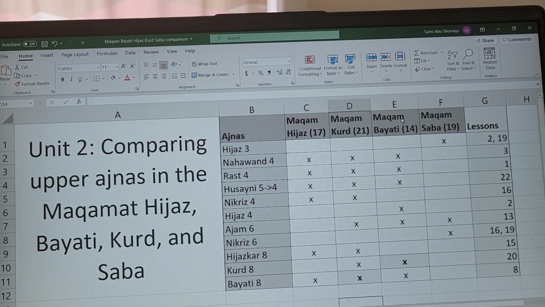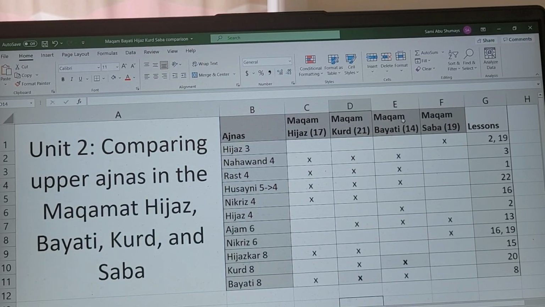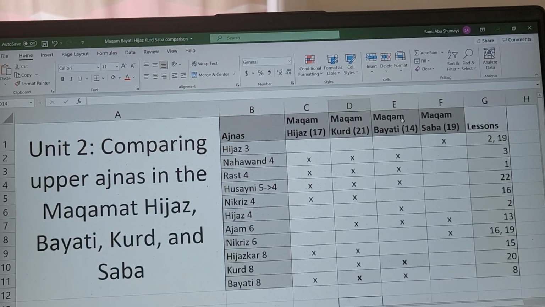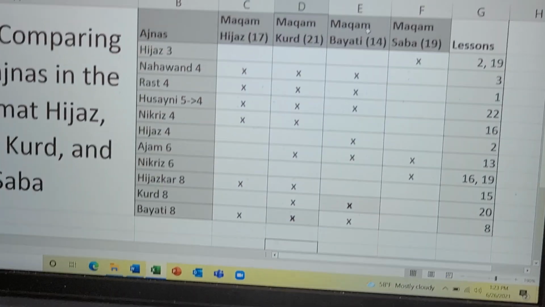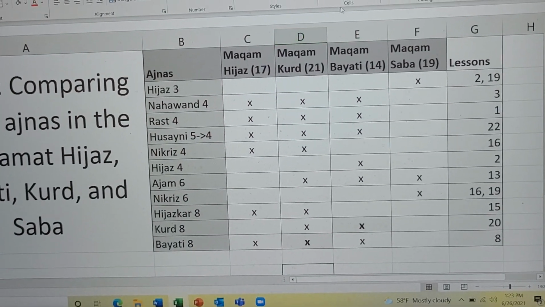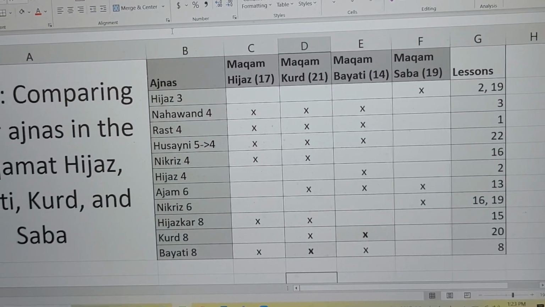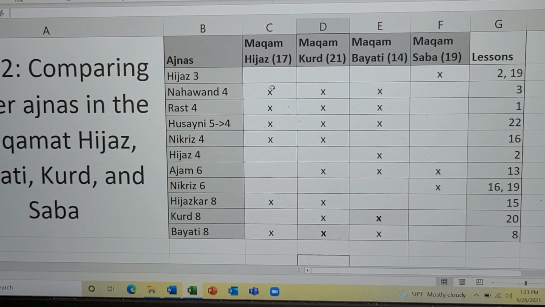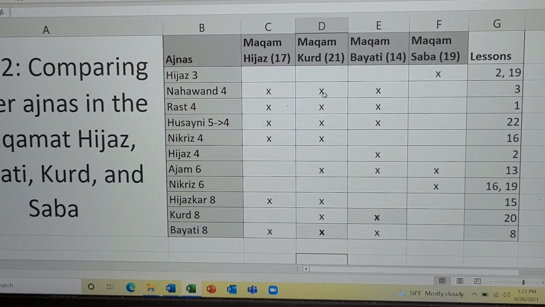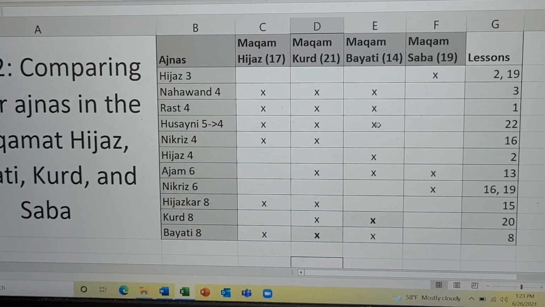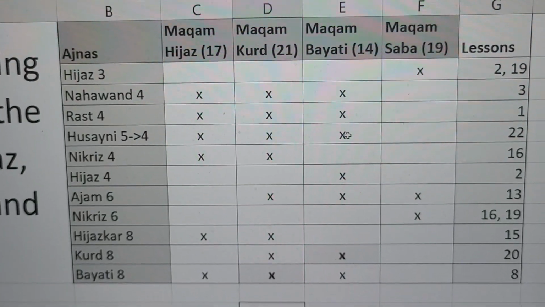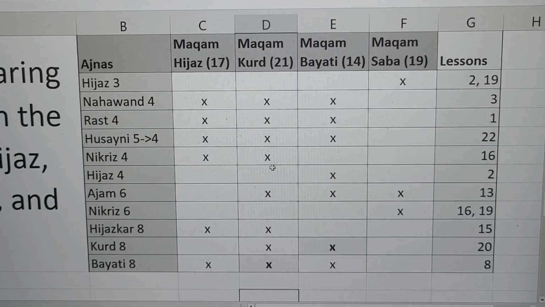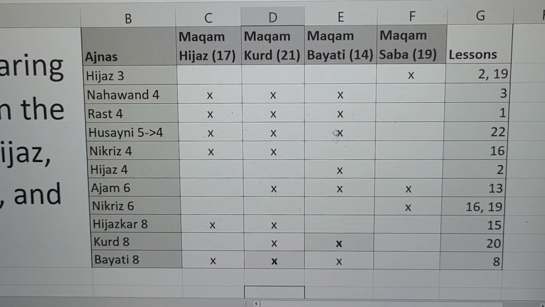So let's look at this chart for one more minute. I really want you to think for a moment, what is this comparison here? We see a lot of similarities among these ajnas. This whole Nahawand and Rust thing is super common, and most of the melody you hear is going to be there, right? So these maqamat are super common, and in fact, the Ajam on 6 is common also to Bayati